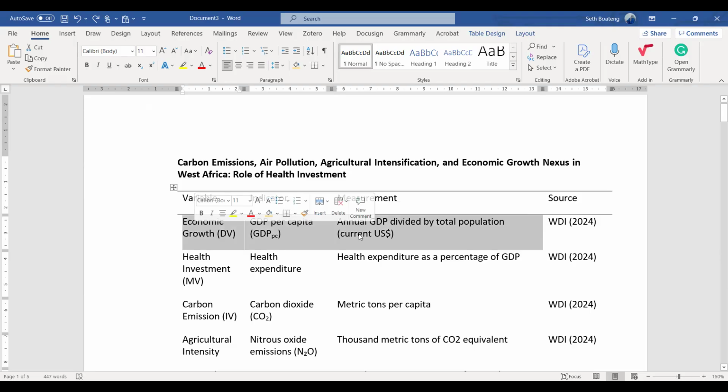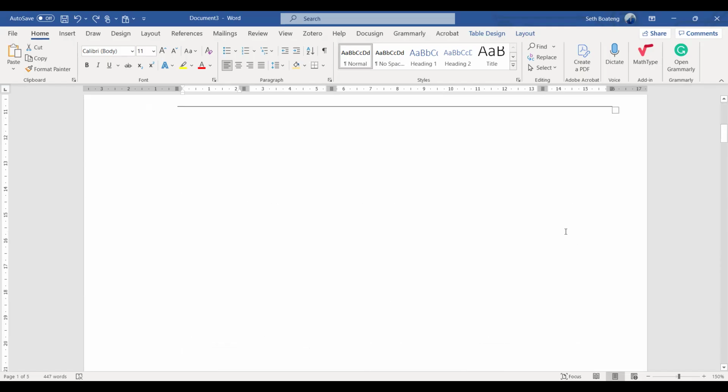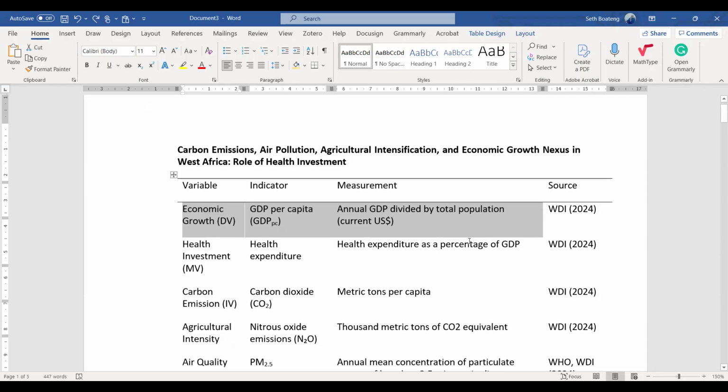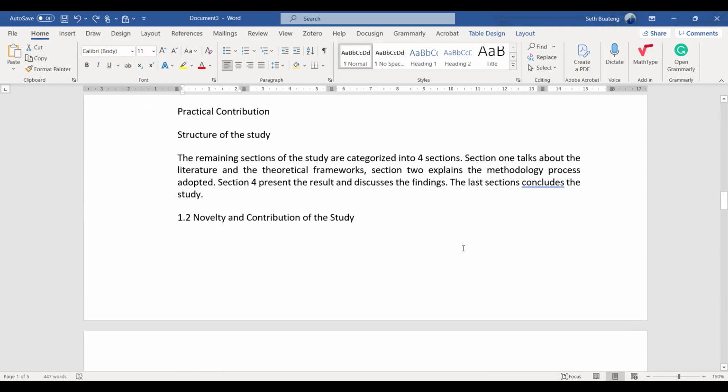Then you use the constant US as your robustness. Or you can use the GDP growth as your robustness. Those who are working with agricultural productivity as your dependent, you can use agricultural productivity per capita as your main estimate, and then use maybe agricultural productivity per worker as your robustness.